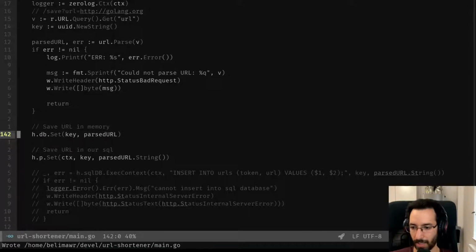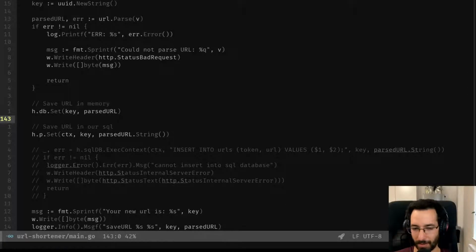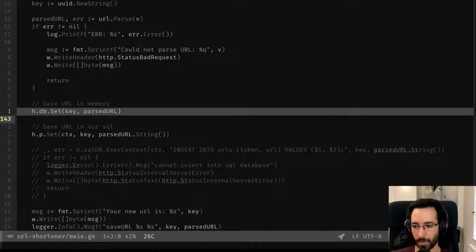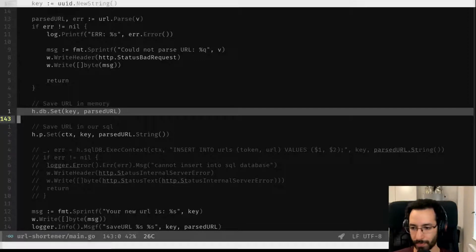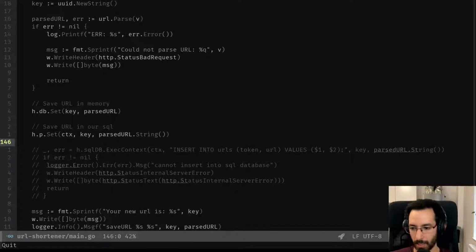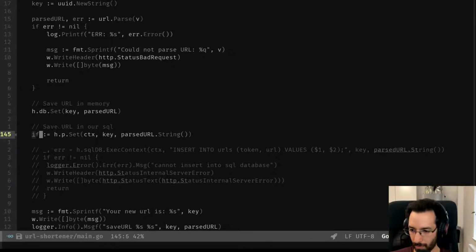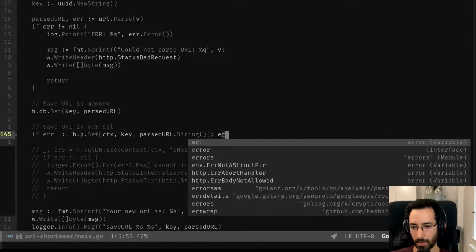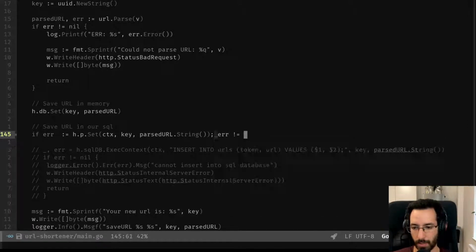Okay, so here we already see a difference between our set methods and our different database implementations, right? On the in-memory, we only have key and the parsed URL, that's actually the URL.url type. And on the Postgres one, we actually save a string and we also accept a context. And this one actually can return an error. So it's a set, so we can do directly like that. If err is different than nil,